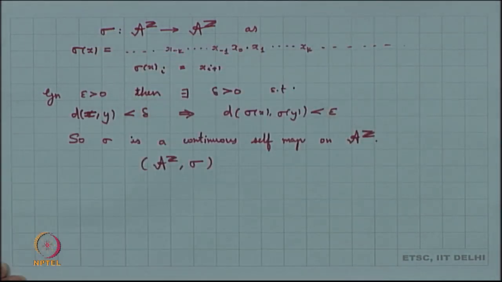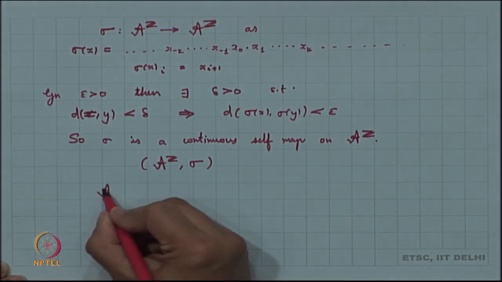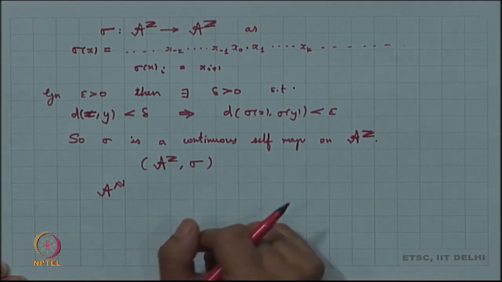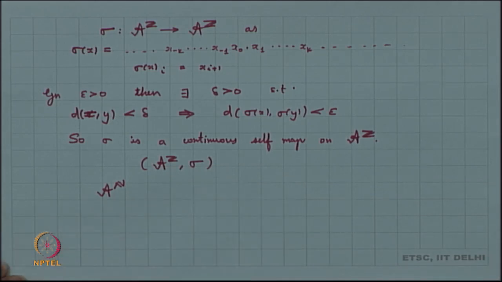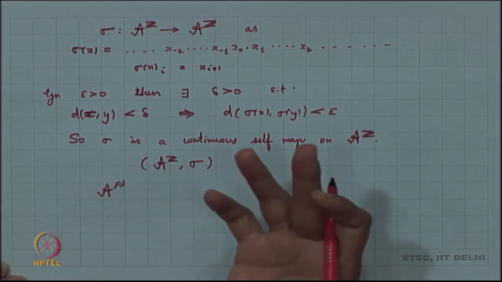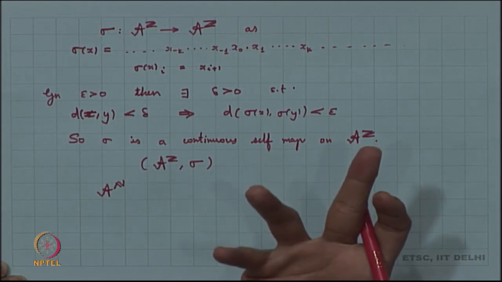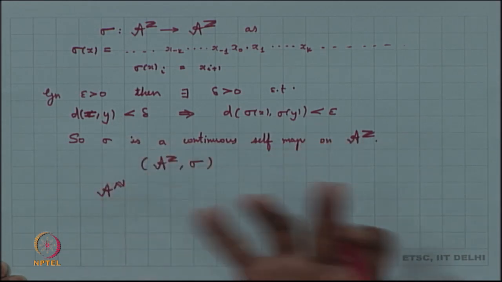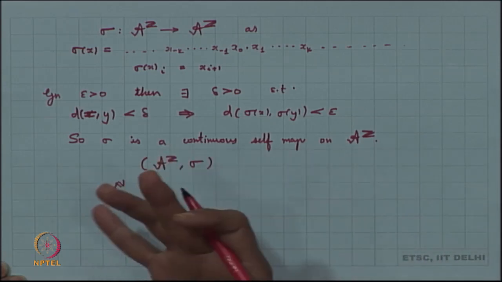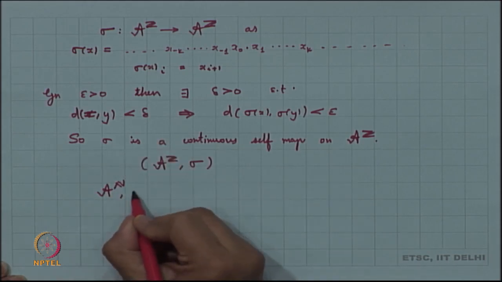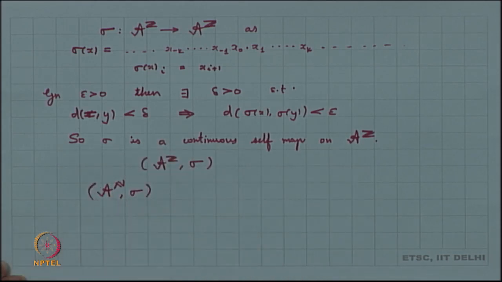We can similarly consider infinite sequences on A. So, basically we are considering the set A to the power N, right. We are just considering one sided infinite sequences on A. So, this is A to the power N, and when we think of A to the power N, again the same theory says that this would be a compact metric space, and once it is a compact metric space, right, we can think of a shift map on this particular space also, and then A to the power N, sigma, this is also a dynamical system.